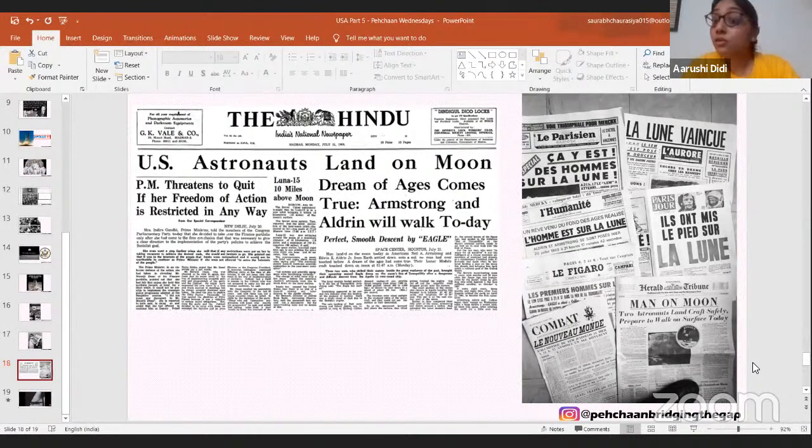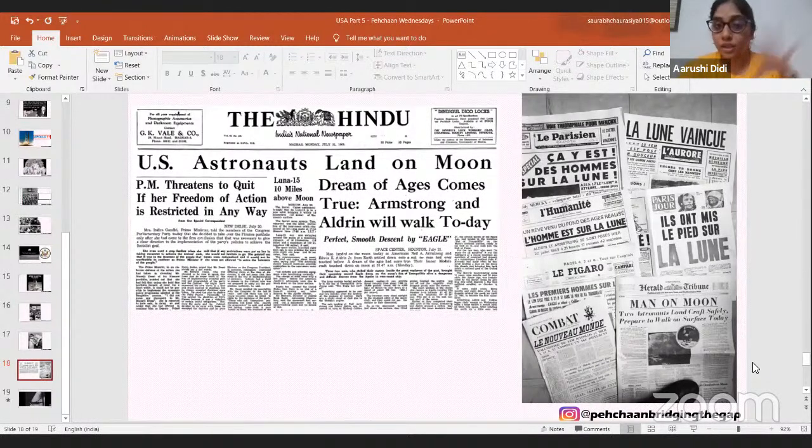सालों से सदियों से ये ड्रीम रहा है कि हमें स्पेस में जाना है. As humans, we want to go. As humans, we are curious. We want to go outside this space. सालों का सपना है ये जो finally पूरा हुआ है 1969 में. So the entire world is celebrating for the US, for us as mankind. And Armstrong and Aldrin, so Buzz Aldrin and Neil Armstrong, both of them are walking on the moon.